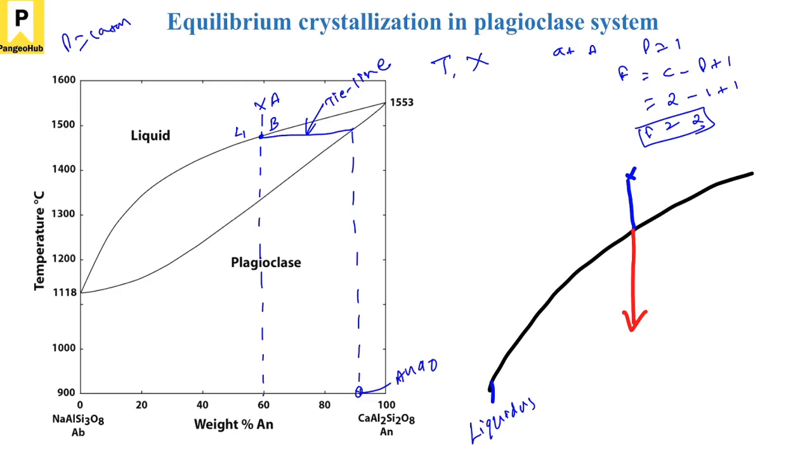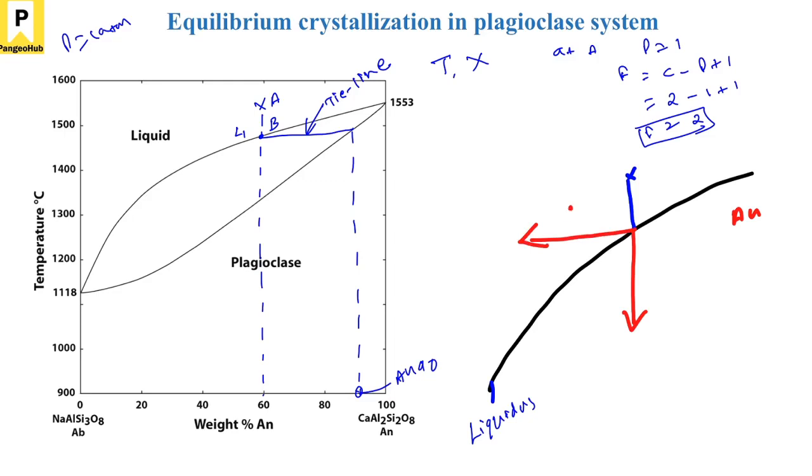A simple analogy to this: think of salt water and sugar solution. Now if I start taking out salt, what will happen? The water will become more and more sweet. Or if I start taking out sugar, the water will become more salty. So whatever you are taking out, the melt composition is going to move away from it. As you are taking out anorthite, which is on this side, the melt composition is going to move away from anorthite.